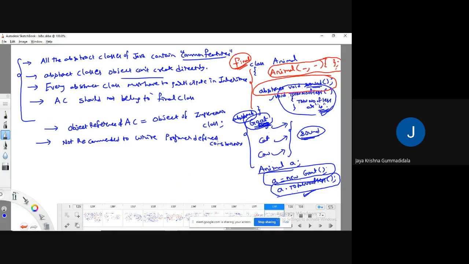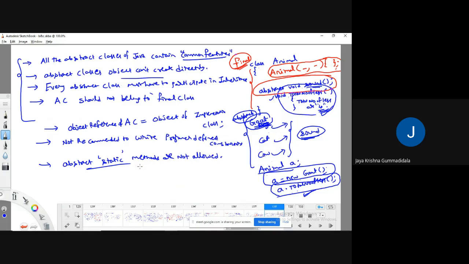One more important point here. In abstract classes, abstract static methods are not allowed. Why? You can guess. If I make a method static, you cannot override that method.